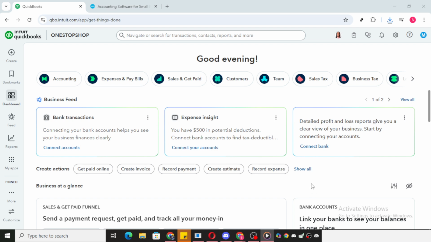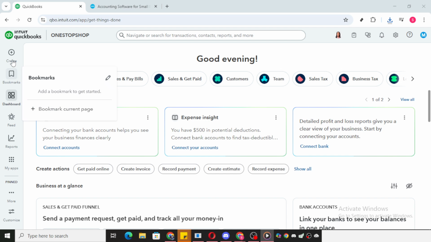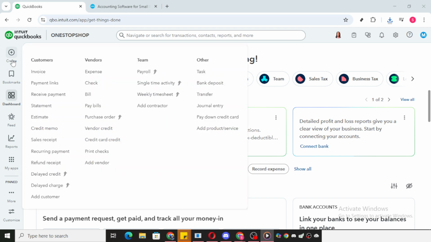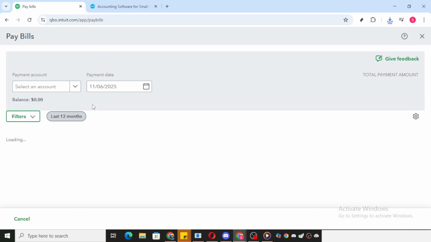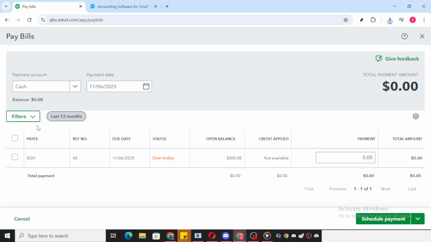Upon clicking, you'll be taken to a new page where you can select the specific bills you want to pay. It's as simple as checking the box next to the corresponding bills on the list. In addition to this, you have the flexibility to schedule your payment date. This feature is particularly handy if you're looking to manage your cash flow efficiently and ensure that your payments are made promptly. Once you've selected the bills and scheduled the date that works for you, you've successfully created a bill